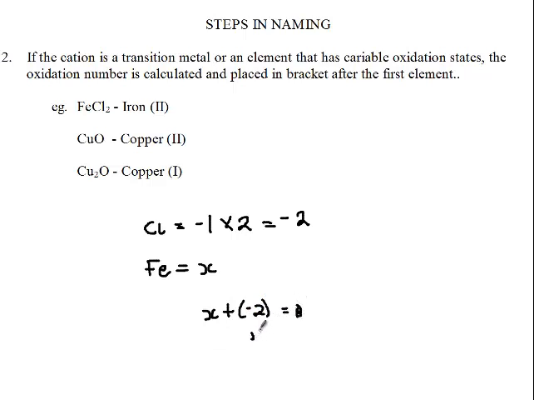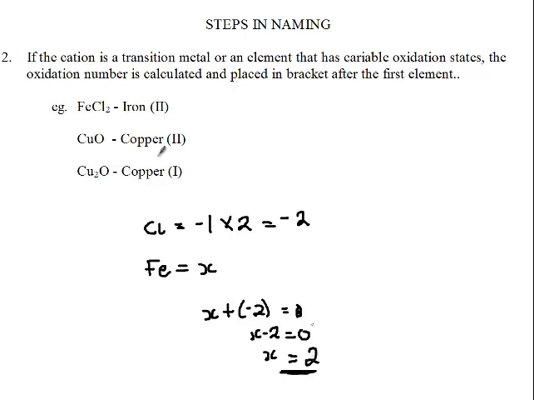And then we're going to have X minus 2 is equal to 0. X is equal to 2. So now that we found the oxidation number of iron, we put the oxidation state of iron as Roman numerals in brackets. That is why we have II after the iron, because the oxidation state or oxidation number of iron in FeCl2